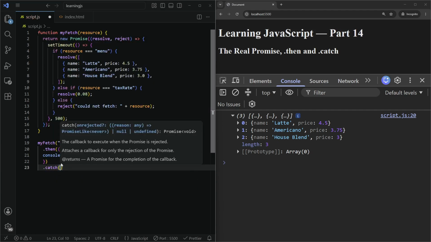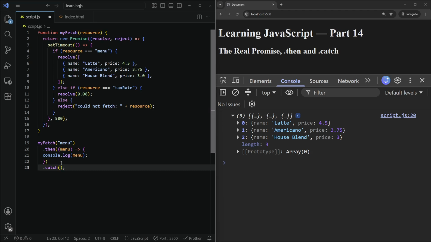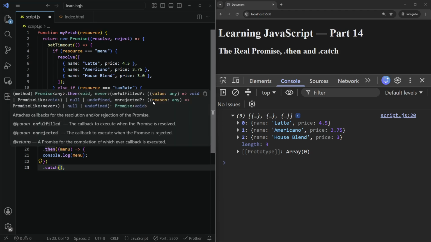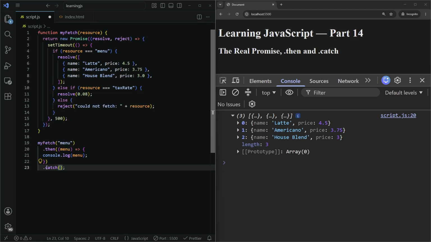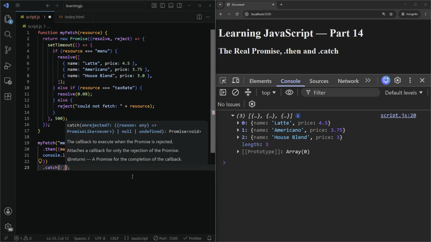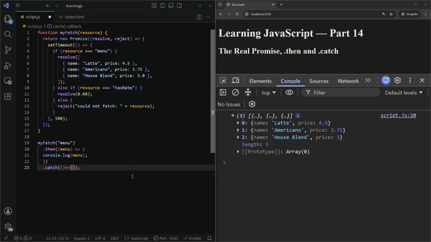And this catch method is for when it gets rejected. The then is for the results. If a result gets run, the catch is in case a reject is run. So the catch, and again, a callback function, a callback like this,